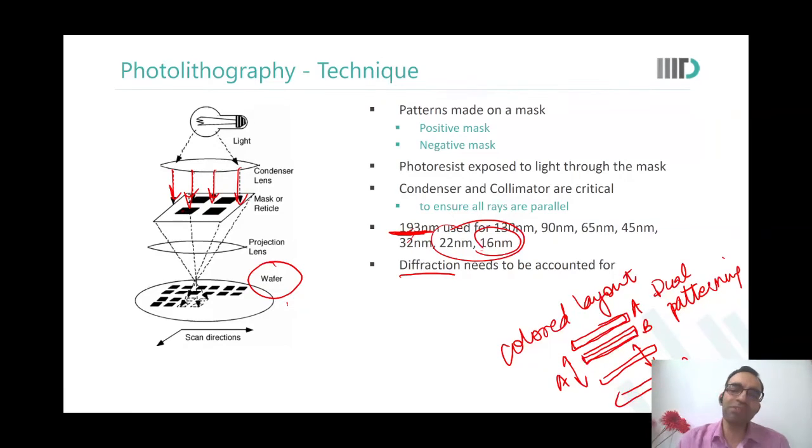So you cannot say that I will get 193 nanometer light and tomorrow I will want 188 nanometer light. No, it doesn't happen like that. You have to find a material which will be able to give you that light. And we're now talking about lasers. What does a laser mean? That it is just one wavelength of light.